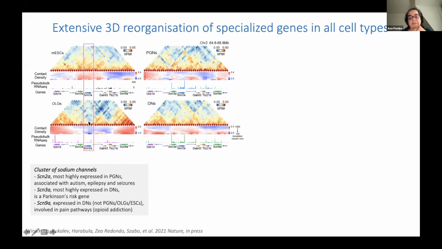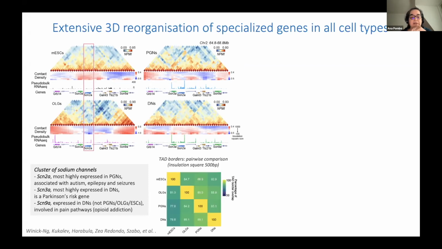So we computed this genome-wide. We chose to use a 500 kb insulation square. Initially we did a pairwise comparison, and we found that if we compare every pair of these data sets against each other, between 25 to 90% of the TADs are changing between cell types, and this is according to the literature. However, we then decided to